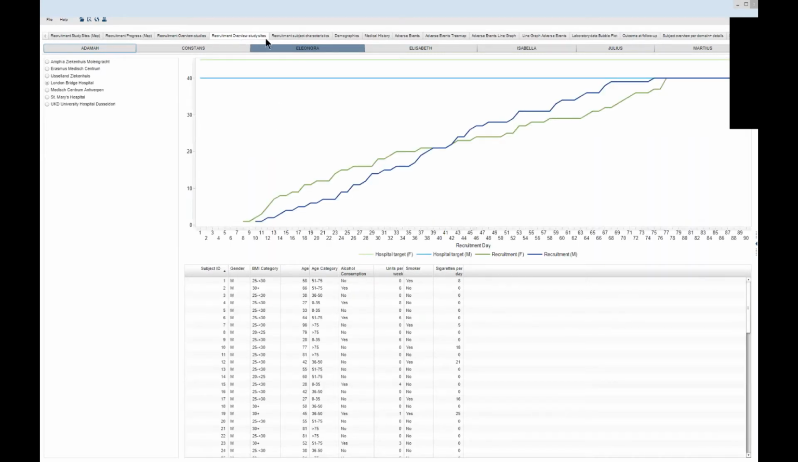So right now, the study Eleonora was selected, and the London Bridge Hospital, and you see basically the same line plot as before, but now it's study site specific. And you see again the 2 targets over here. And now you can see that for the London Bridge Hospital, the target for males was reached by day 75, and the target for females was not reached yet by the end